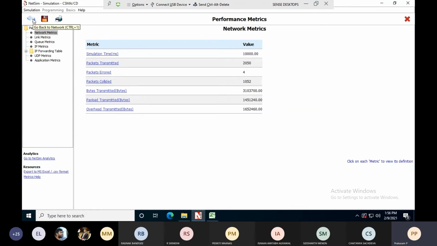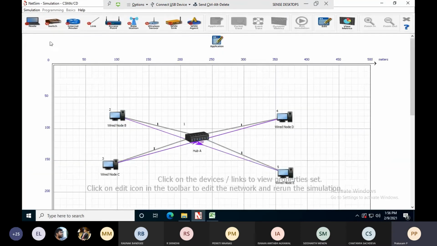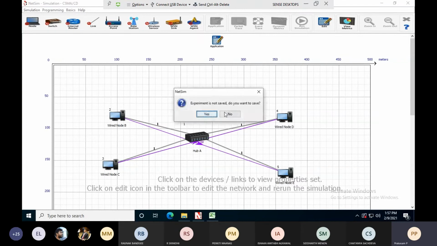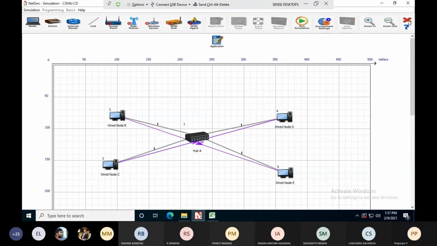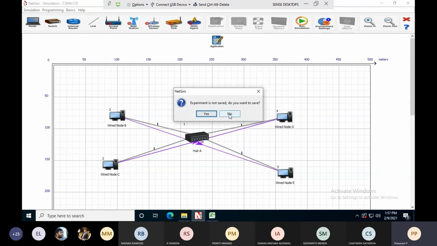Go back to network. Click it, it will go here. The same thing I want to test using the switch. So I want to close this because this is legacy only containing the hub. Switch means I want to go to internet network. I am closing this.